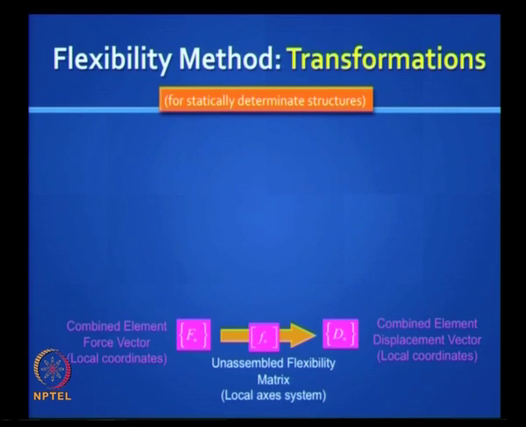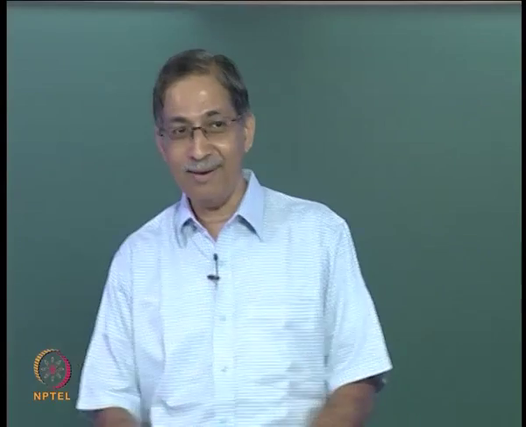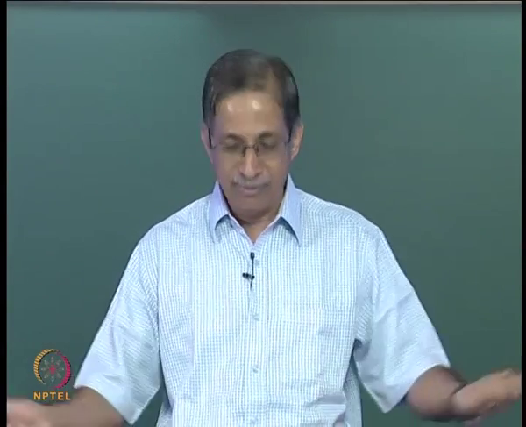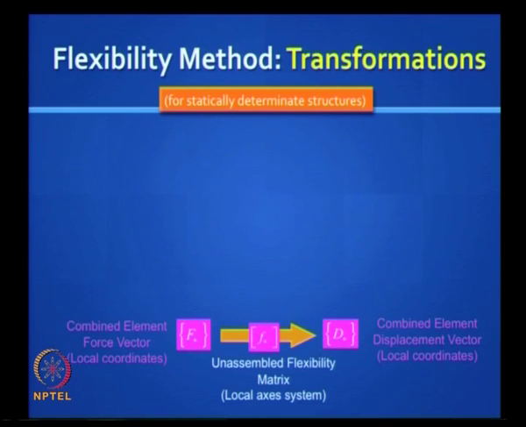I suggest you write this game, it is very easy, right. First at the element level F star is, now you see the direction is moving to the right, because flexibility is always opposed to stiffness, they are two different paths. So if you know the element level forces, if you multiply by the flexibility matrix you get the element level displacement, right. In a bar, if you multiply the bar force in a truss with its actual flexibility, you get the bar elongation, right.